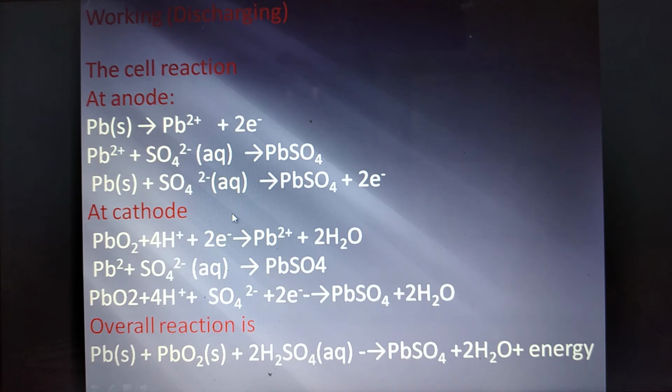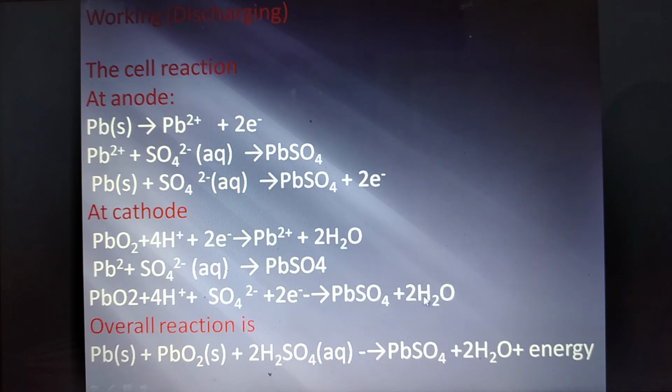Then at the cathode, the PbO2 is reduced to Pb2+ ions. Then this Pb2+ ion reacts with the sulfate to form PbSO4. Pb2+ is present in both reactant and product, so both are cancelled. So the remaining is written as the net reaction: PbO2 plus 4H+ plus SO4 2- plus 2 electrons gives